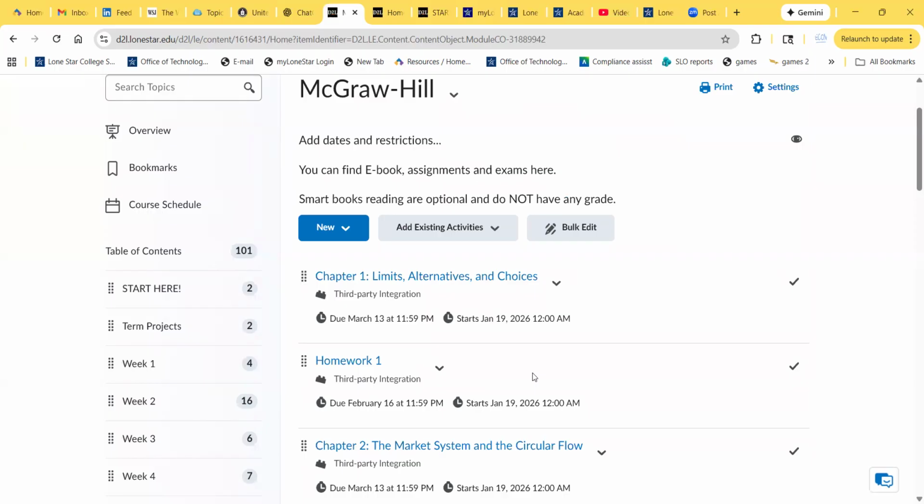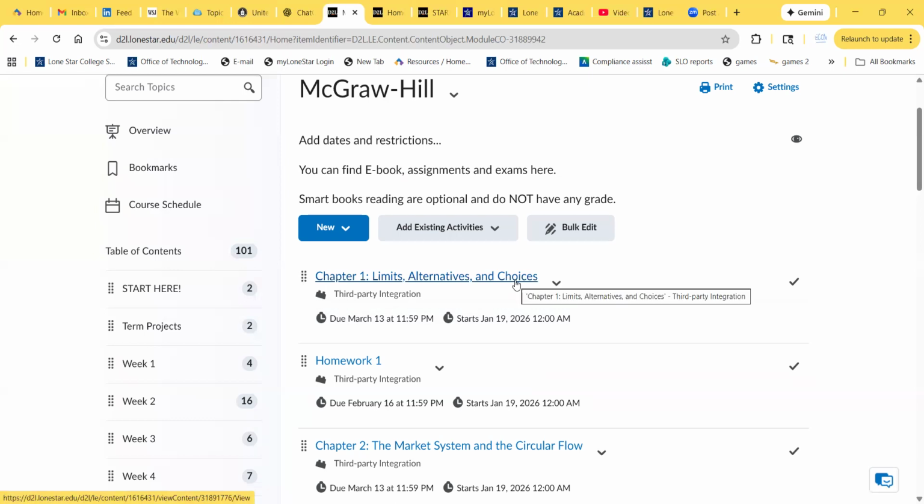So when you are registered for any class, the textbook is embodied in the course. So there's no extra step that you should take, like looking for the book, buying the book, unless you opted out of the textbook when you were enrolling for this class. If that is the case, then you have to pay separately for the textbook.